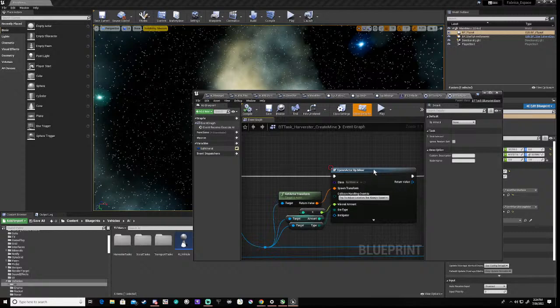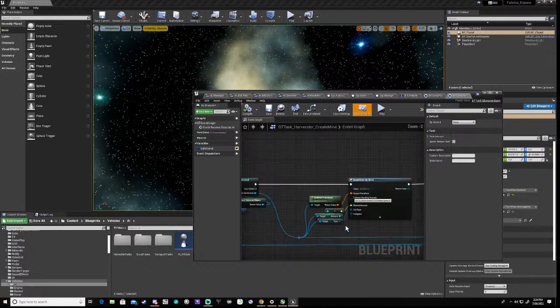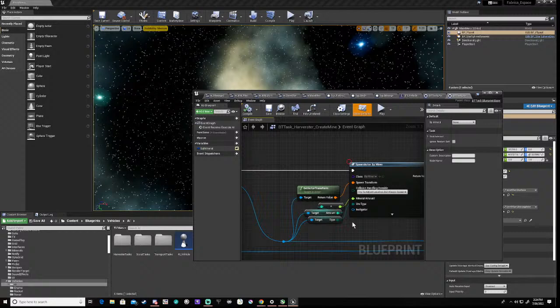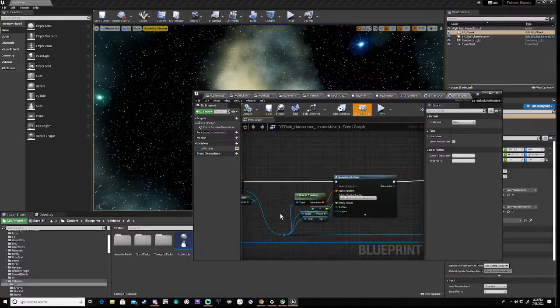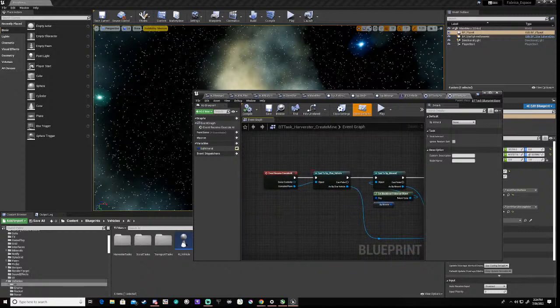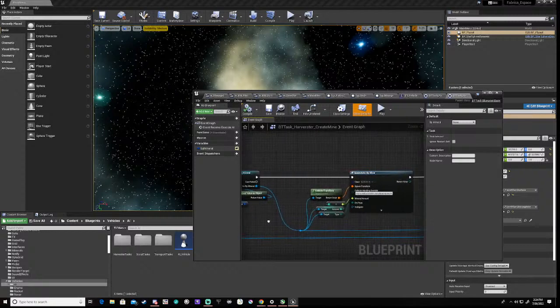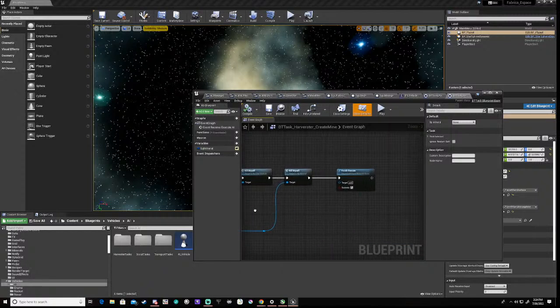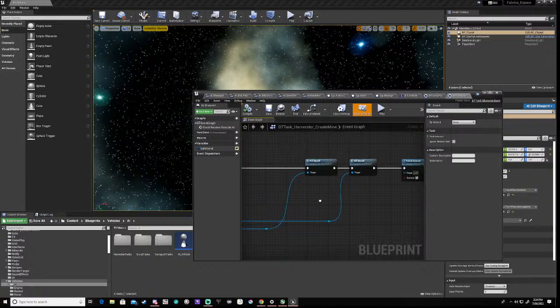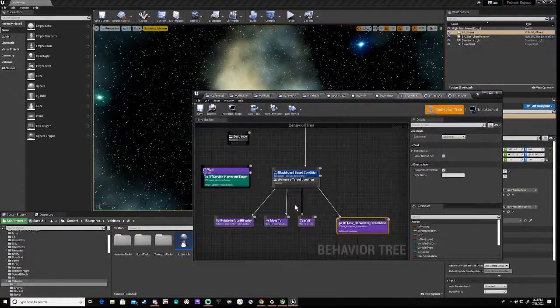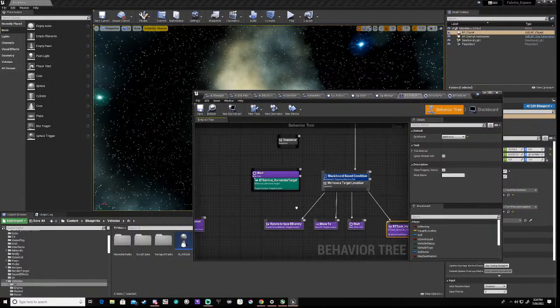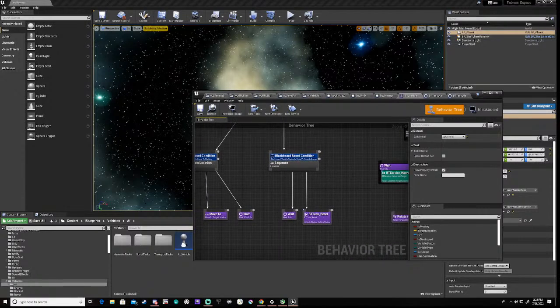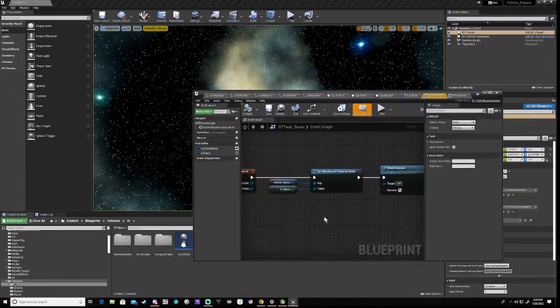Right, so what we're doing here is we're spawning the miner. Actually, we're not. We're actually spawning the mine. So that's the wrong thing. So I'm guessing